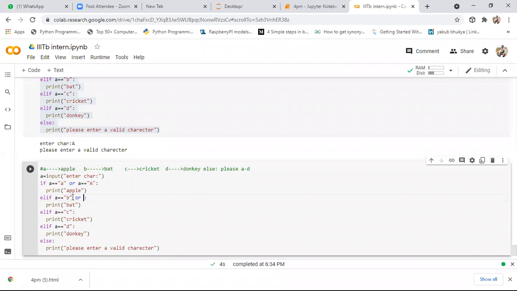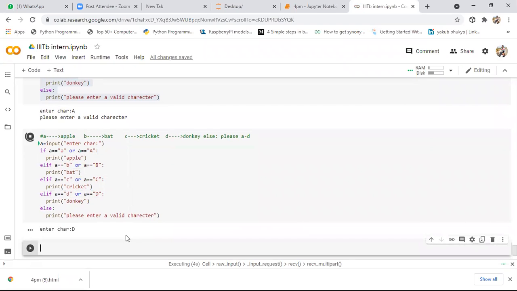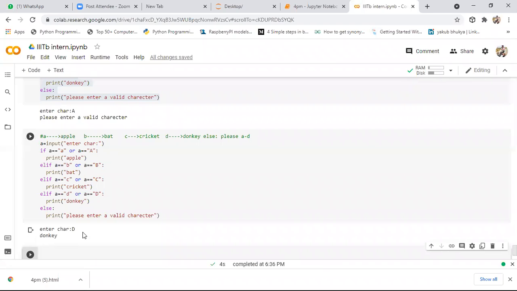After that, here a equals character capital B. After that, here also we need to add or a equals character capital C. Here also I want to do the same thing, or a equals character capital D. Okay, now I'll execute this program. Now I'll give input like character capital D. Whenever you give either small d or capital D, it will give donkey as an output. It's about the very basic example.